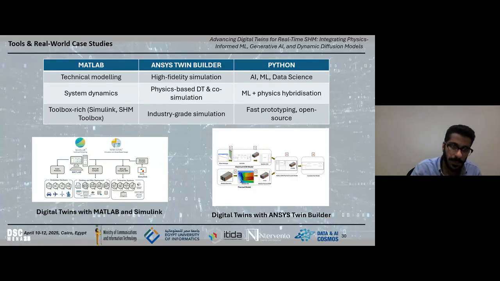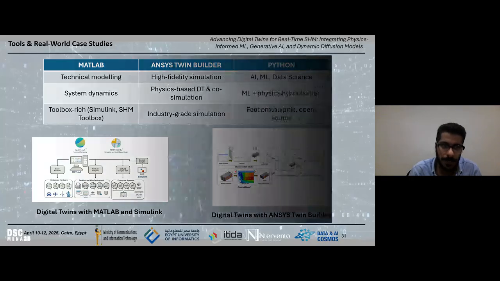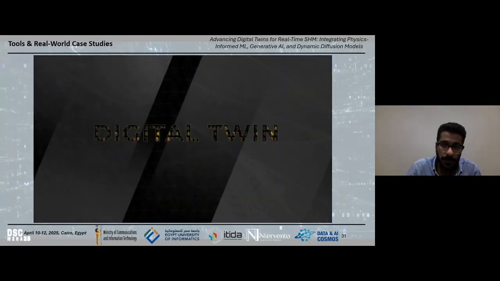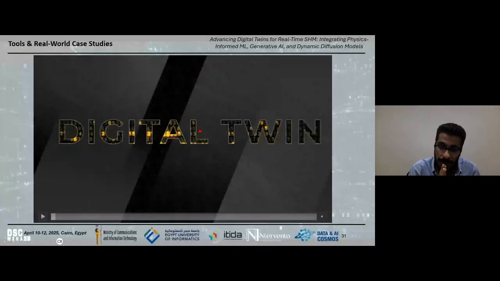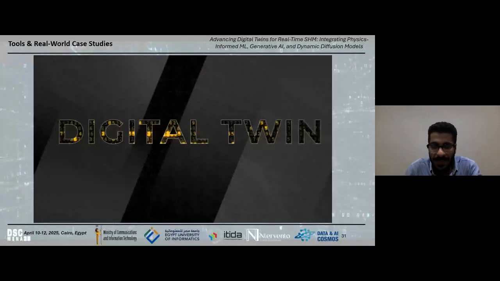They introduced ANSYS Twin Builder about 4 years ago, with more advanced add-ons over time. You can draw your component, use finite element very easily, and deploy your virtual sensors at exactly the same location as your physical sensors in the model. Connect these two sensors together, and the model will update in real time and do the finite element analysis very quickly using dimensionality reduction techniques.